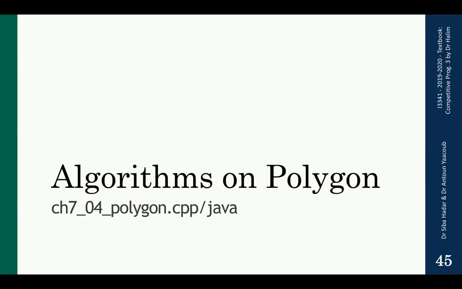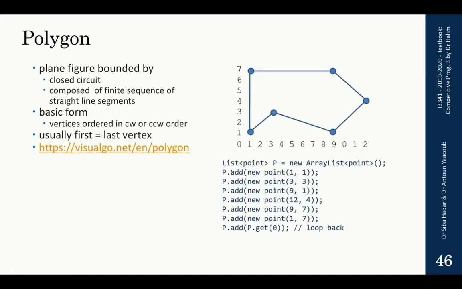The second big part of this chapter is algorithms on polygons, so we will discuss it now in the second video. What is a polygon? In the library, we represent a polygon by a list of points. So this is the Java code, and this is a polygon with vertices 1, 2, 3, 4, 5, 6